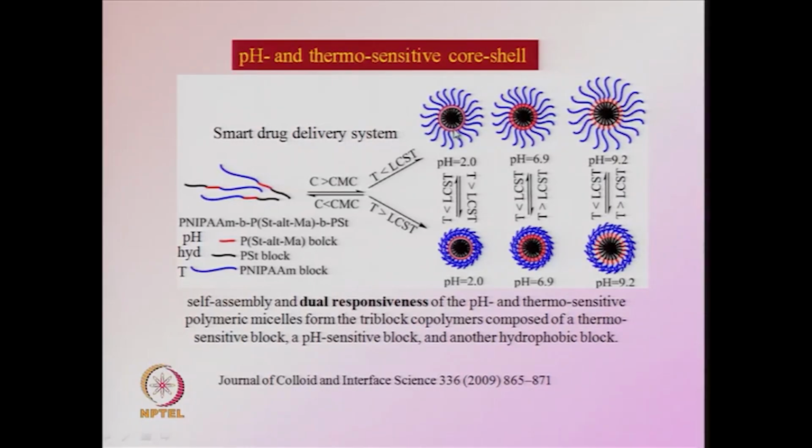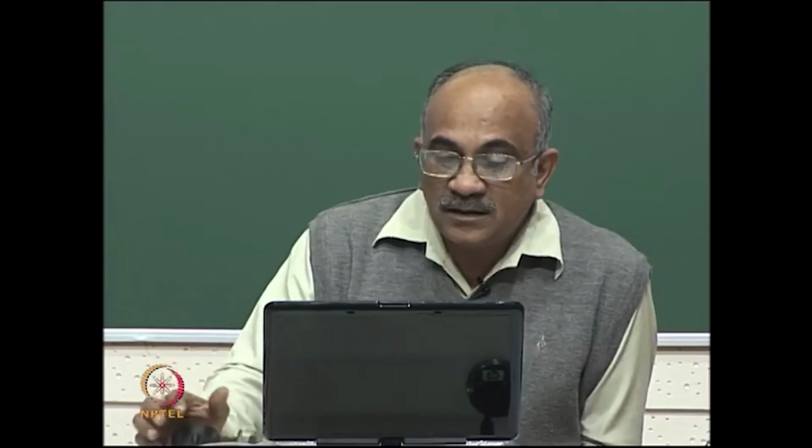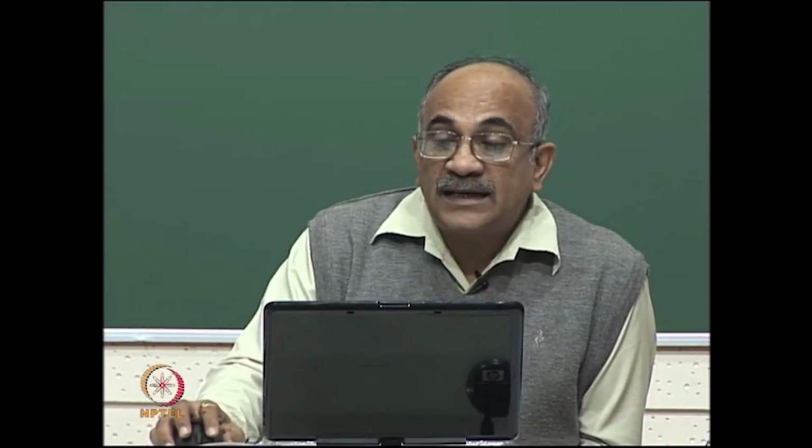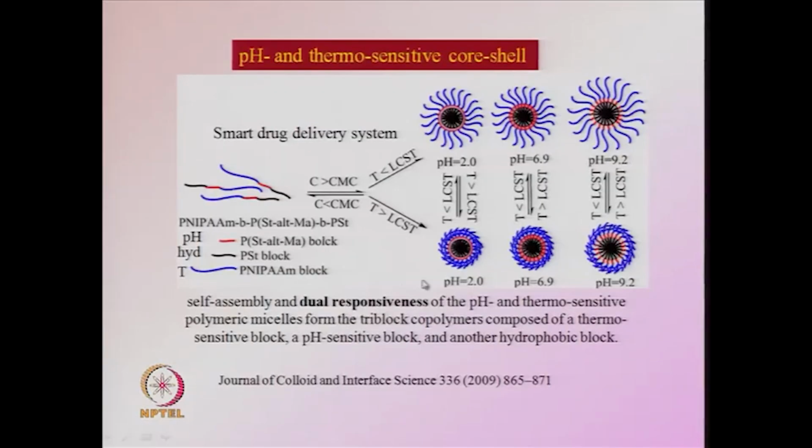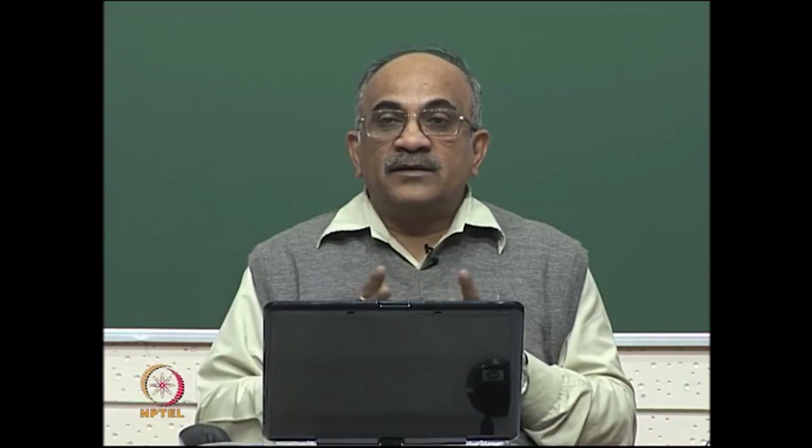drug at a particular pH, and it is planned or designed in such a way that you want to deliver the drug around pH 6.9, which is close to the pH of the living cells. So, that is what is designed here, and similarly many such combinations of sensitiveness, like here we discuss